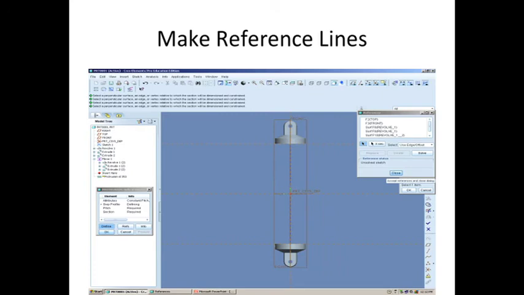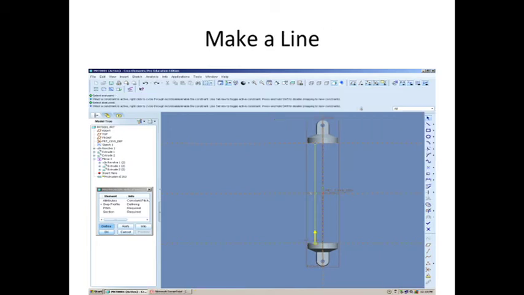Then from there, it wants you to make some reference lines for the spring. So I chose the bottom of the surface and the left side of it, and I also did it to the bottom. I chose, I guess you could say, the top and then the left. Then once I chose my reference lines, I closed the window up. I made a line somewhere close to the middle because we're going to change the dimension later on, but you're going to want to make sure you start from the bottom to the top, so it's a lot easier to